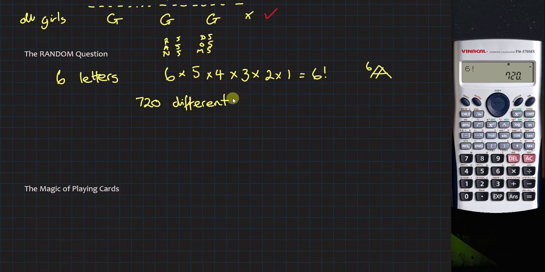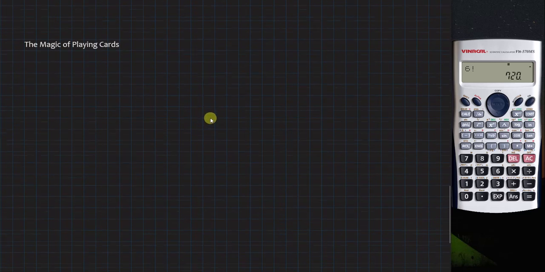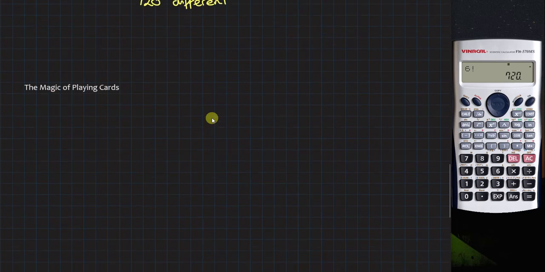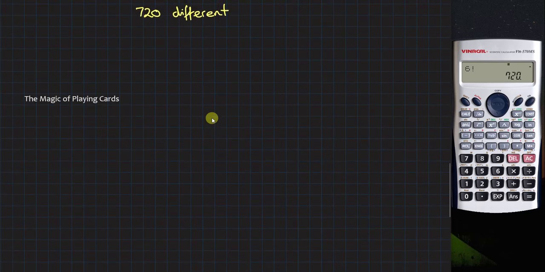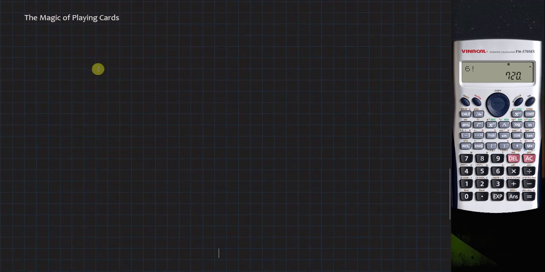Here comes the really surprising one. And I think it was Thomas actually gave me the proper number for this. I'm not sure she understood quite how big this number is, and that's why I said this is the magic of playing cards. If we have 52 different cards, again, choices are to do 52 cards. We've got 52 choices for the first one. So the arrangements of 52